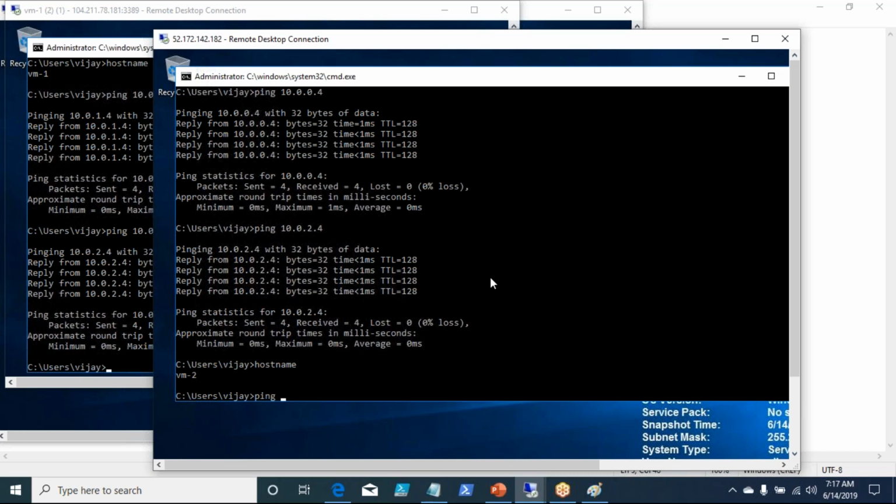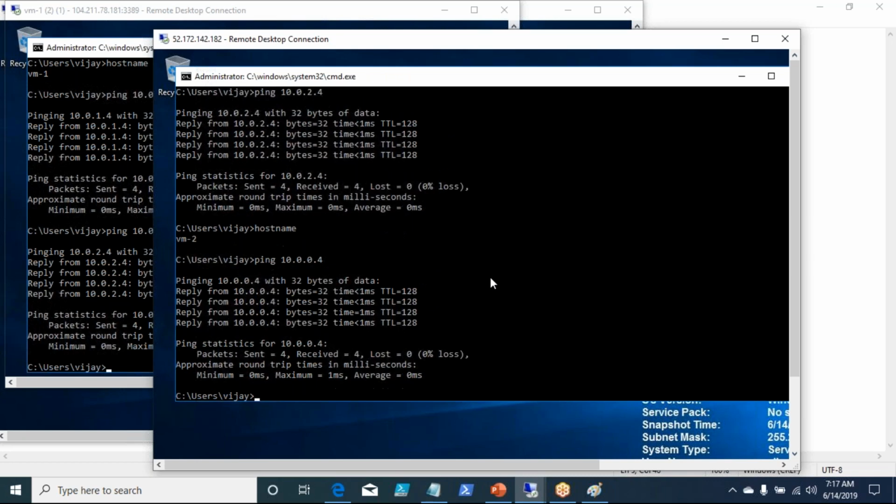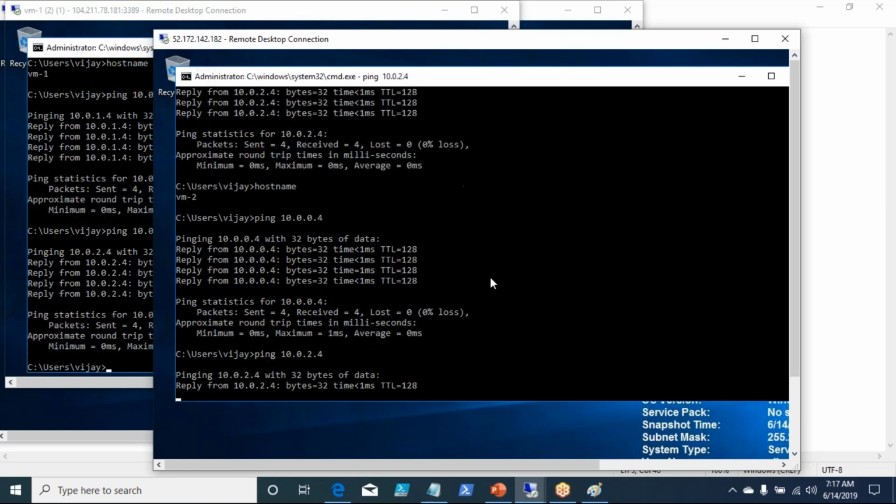VM2. Let us ping VM1, 10.0.0.4, pinging, right? And let us ping VM3 as well, 10.0.2.4, will also ping.